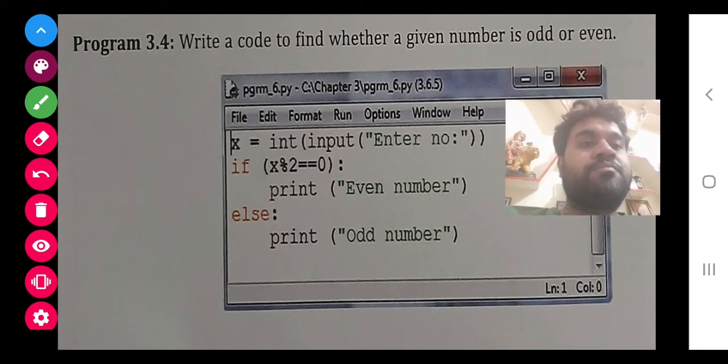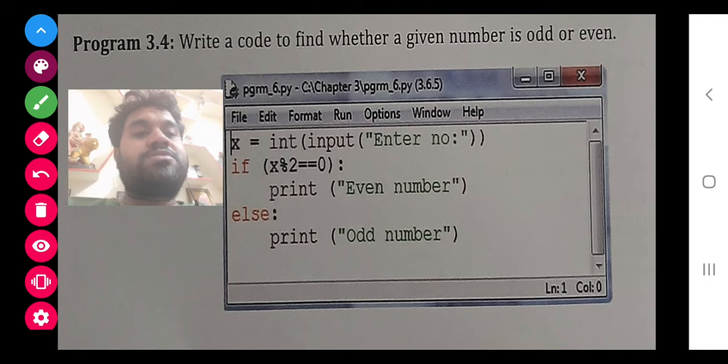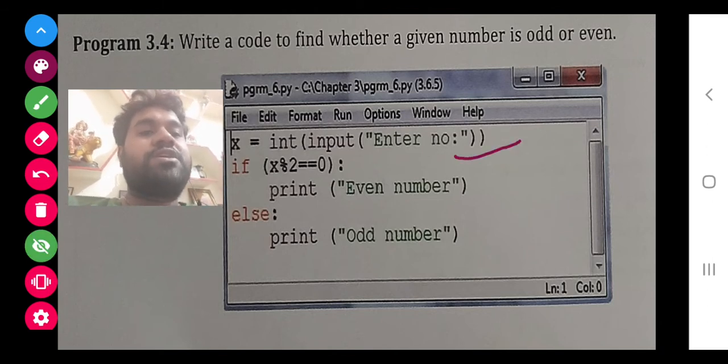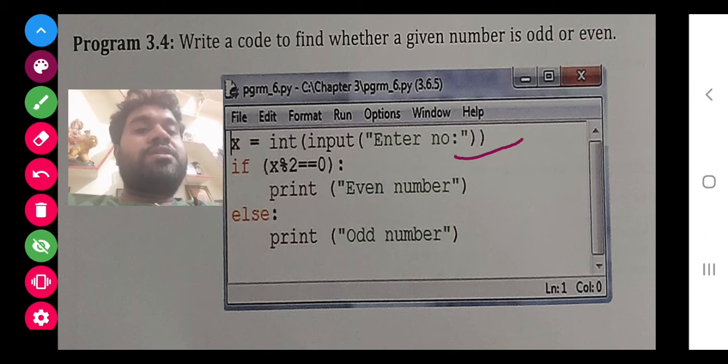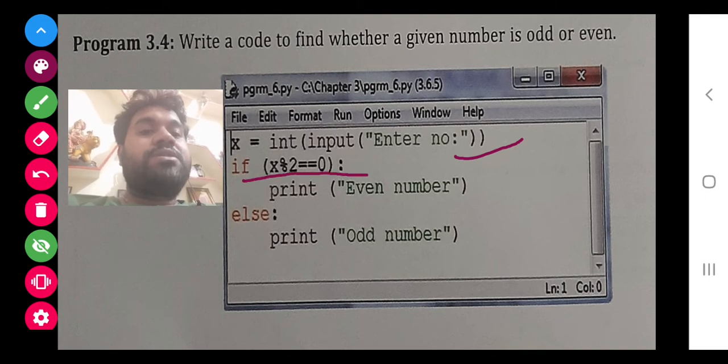Now we will have the next program, that is whether a number is even or odd. For that, first of all one number is entered, because we have to check a single number, whether it is even or not. Suppose we want to check 35, suppose 97. So class, the user will enter the value, then in this statement it will be checked.